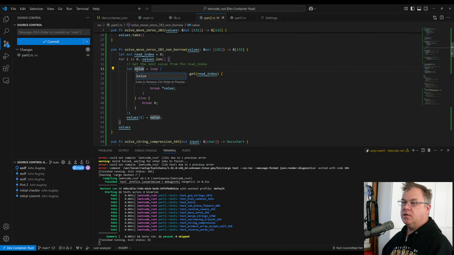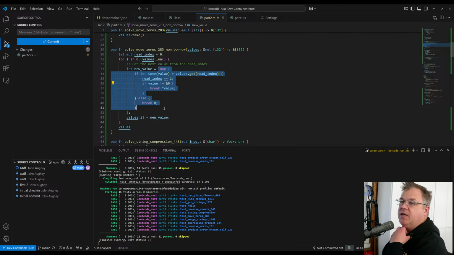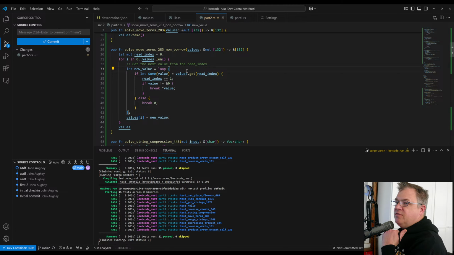And the new value that we're going to be using here is, and we have to use loop. To use loop as an expression where we break a value is really, really slick, I think. So we are getting the next non-zero value out of it. And again, kind of unfortunately, we have to keep our iterators. We can't use iterators in this without it being just ugly, messy. So we have this,